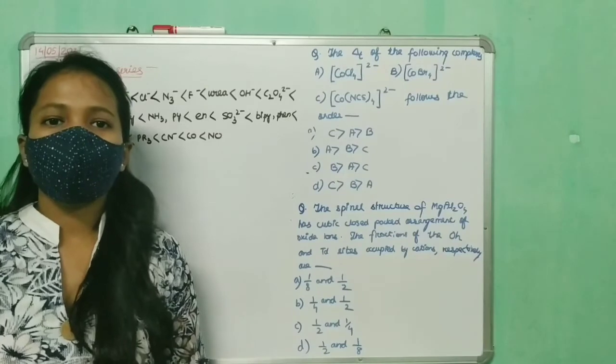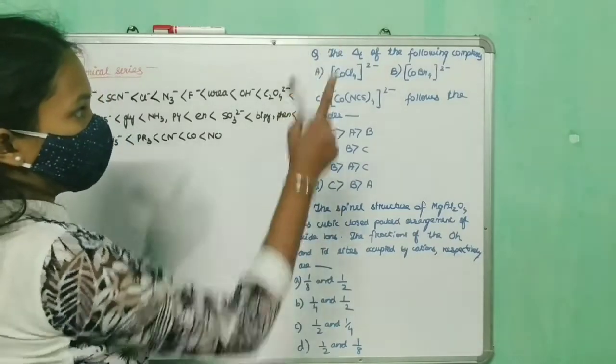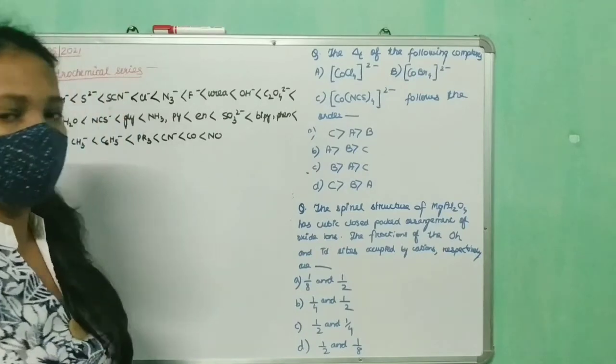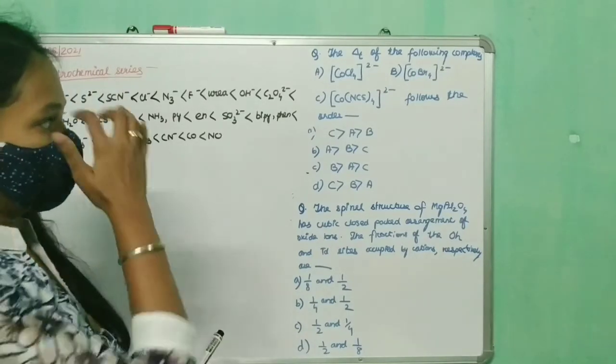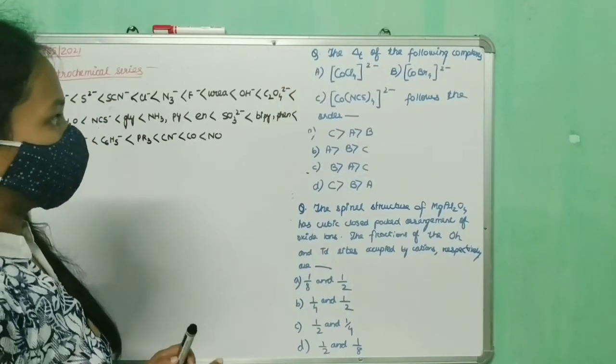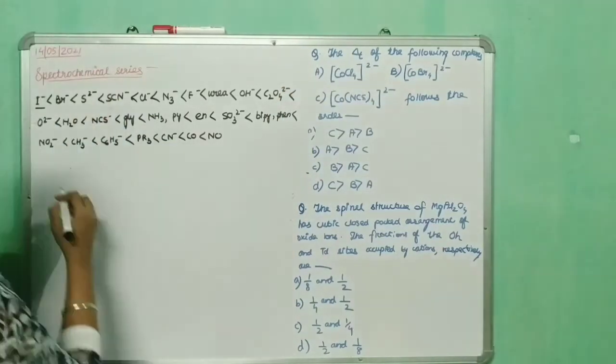Hi guys, so the first question today is about the delta of the following complexes. You are given three complexes, and we are to put them in order of their delta values. Now you see, if you look at all the three complexes,